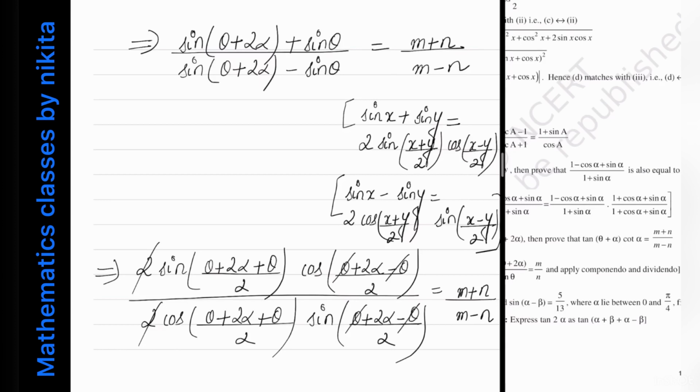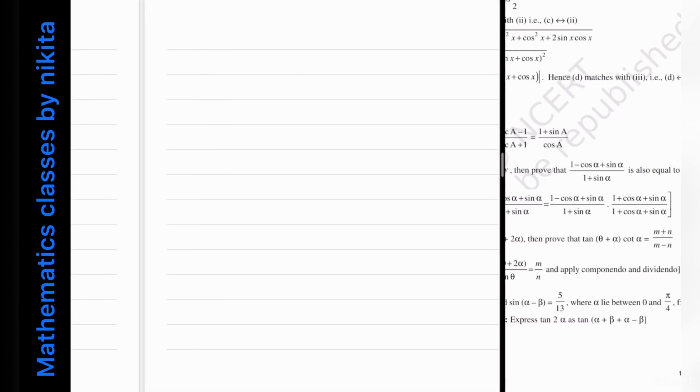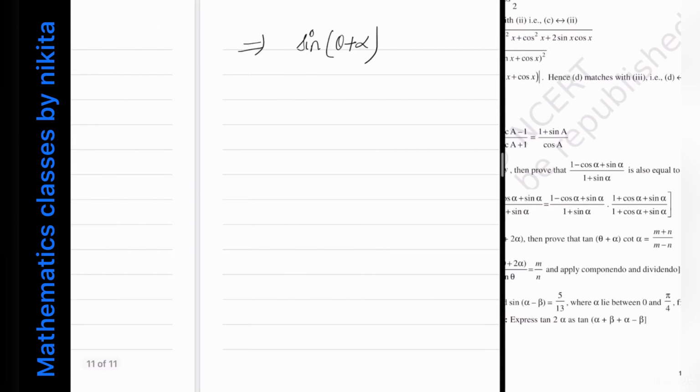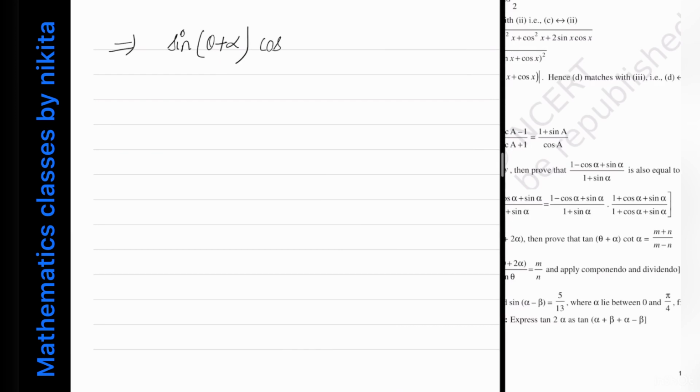So you will be left with sine of theta plus alpha into cos of alpha divided by cos of theta plus alpha into sin alpha, and this is equal to m plus n divided by m minus n,